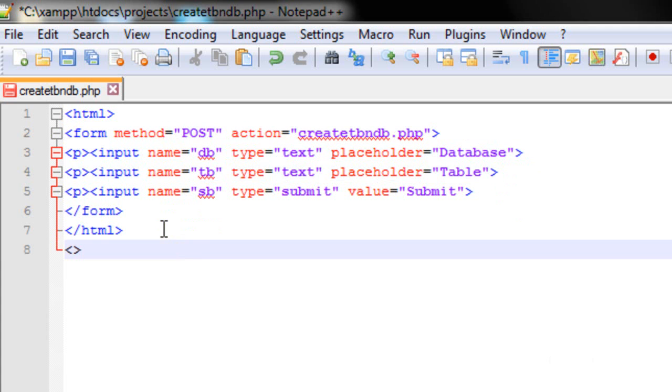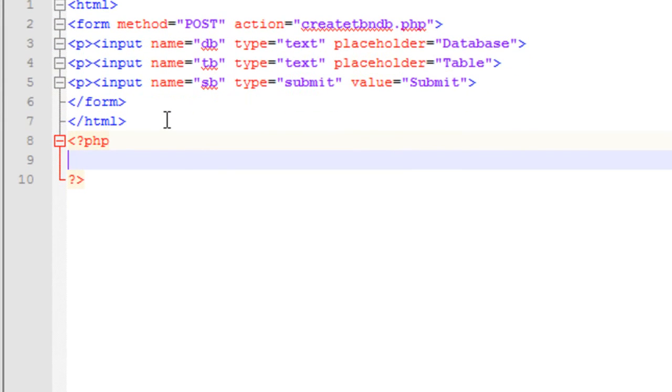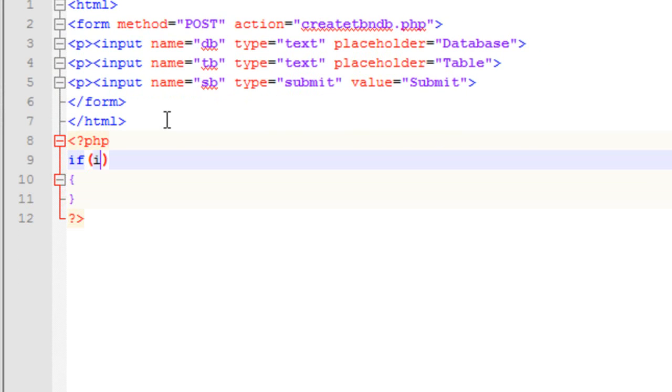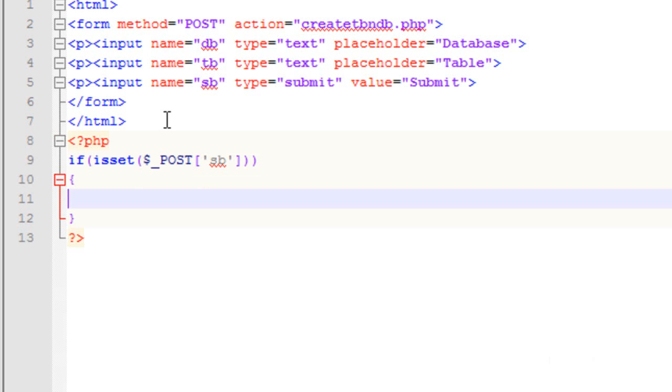Now let's start up with PHP. Open the PHP tags and start with if, in brackets type isset, bracket open $_POST, in brackets type SB. So if the button SB is clicked, then